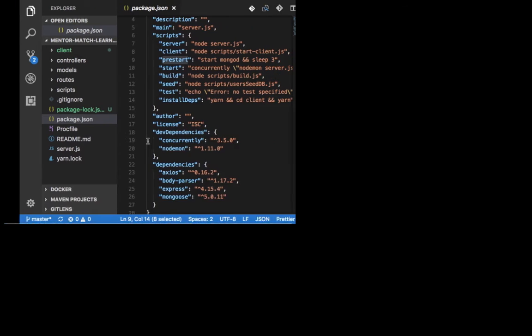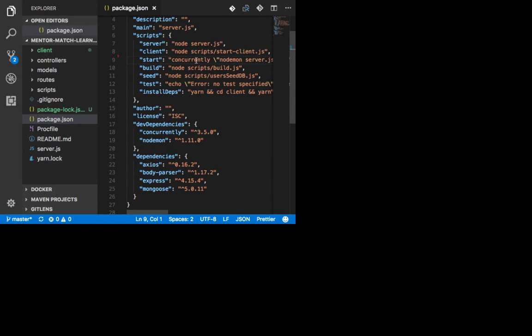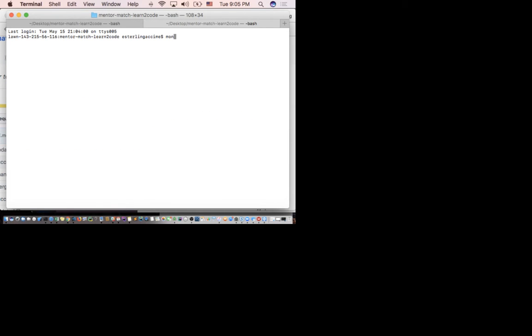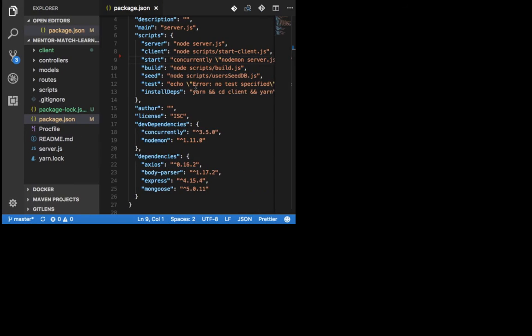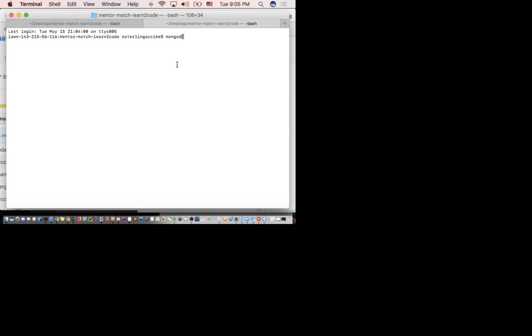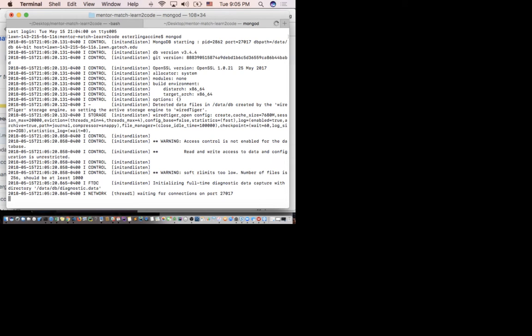So the bottom line is I'm going to go ahead and remove that script because I don't have that command. And now I can manually start my Mongo command here. Or if I didn't want to do this, I could have done this instead. Because in order for me to start my Mongo, I just do Mongo. But in their command, they want me to do start Mongo, which is different than what I have.